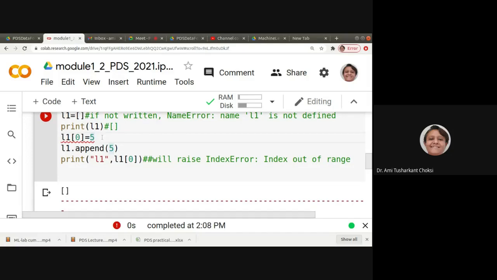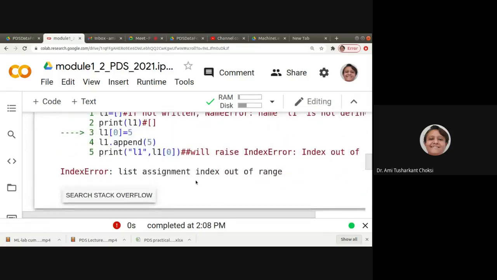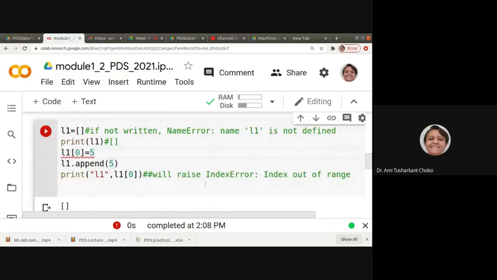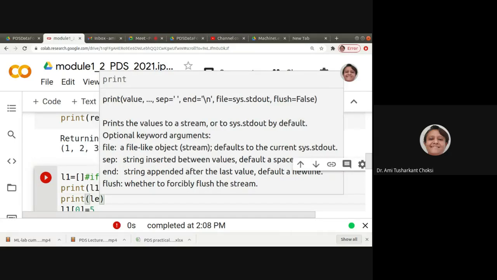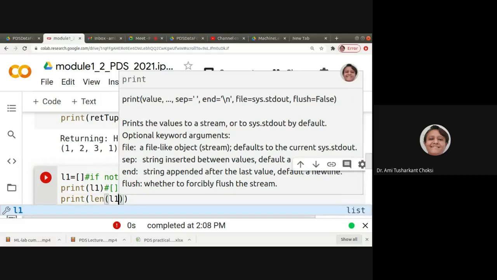Error. Why error? It is index error. List assignment index out of range. Why is it out of range? Because the list which is defined here, if we say print len of L1, what will it give us?